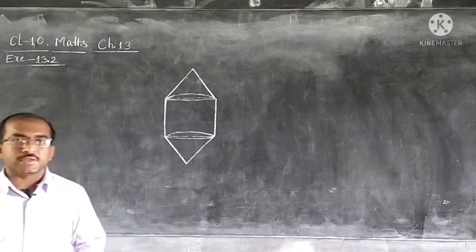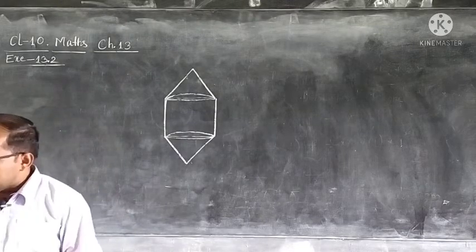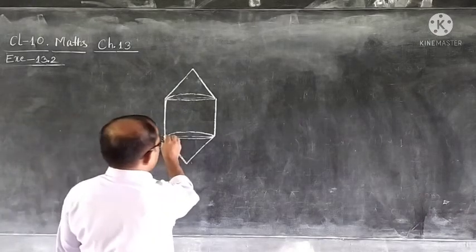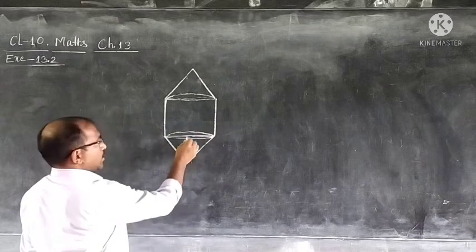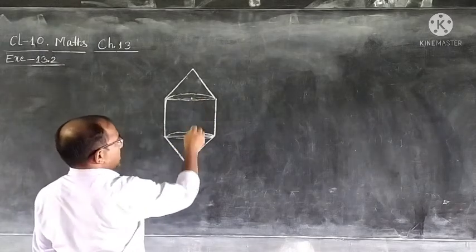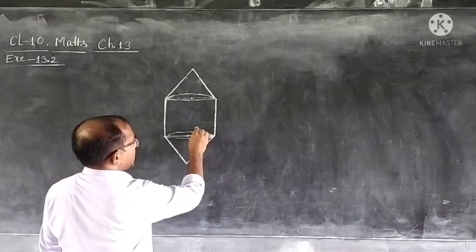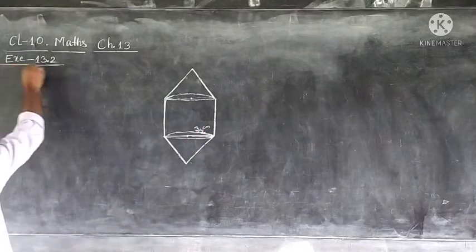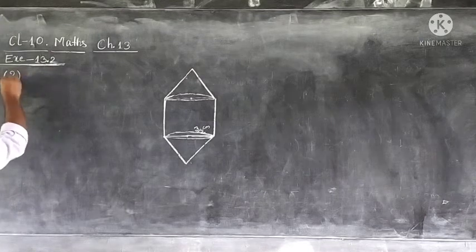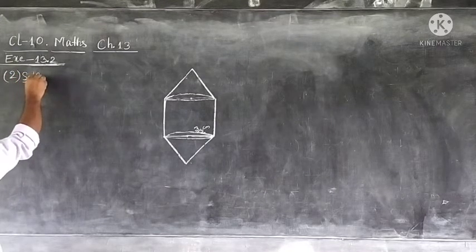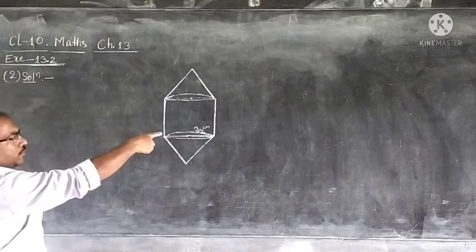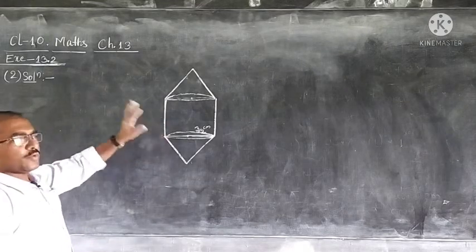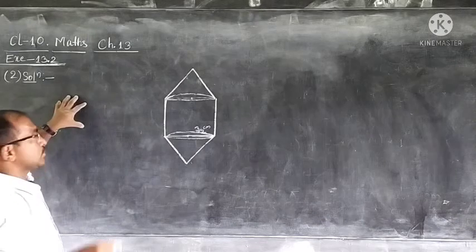What dimensions are mentioned in the question? The question is here, the diameter of the model is 3 centimeter. So, this diameter is 3 centimeter. If diameter is 3 centimeter, radius will be 3 by 2. Here itself we can do. We can start also question number 2 solution. We have already drawn diagram, you draw, so that it will be helpful. Without diagram sometime we may not get properly the solution.